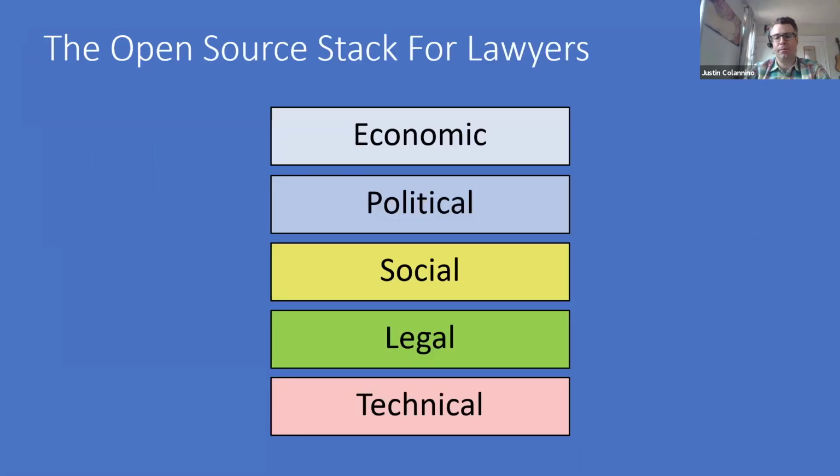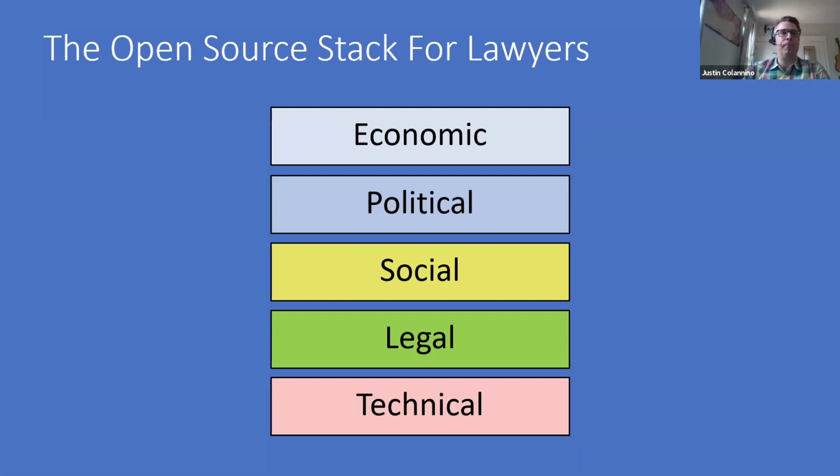We need to think about the entire stack when you're giving legal advice, especially when there's not a good answer in the legal layer. You need to be thinking about, which I tried to do in the last segment, why did the person put the software under the license that they did? That's a question you should ask yourself if there's some ambiguity at the legal technical layer. Do they have economic reasons for it? Are they political? Who are the people writing the software? Is it one company? Is it multiple companies? Is it just some guy writing one tiny library that's holding up the rest of the ecosystem? Why were they doing it? Why did they choose the license they did?